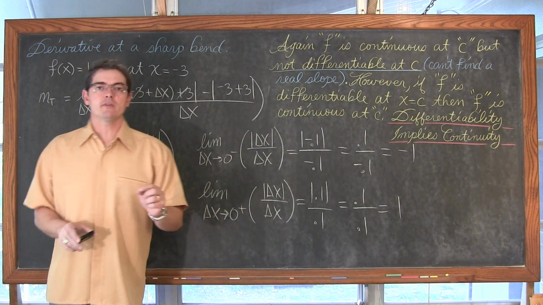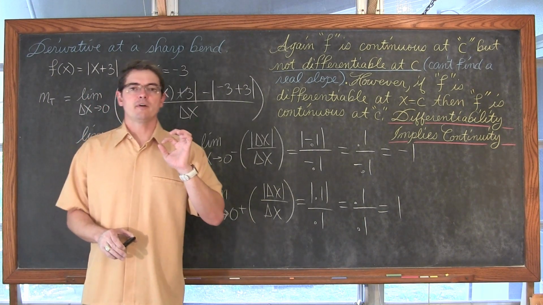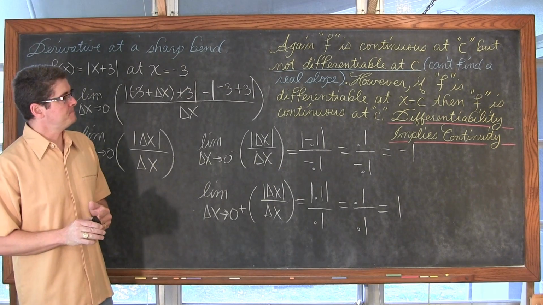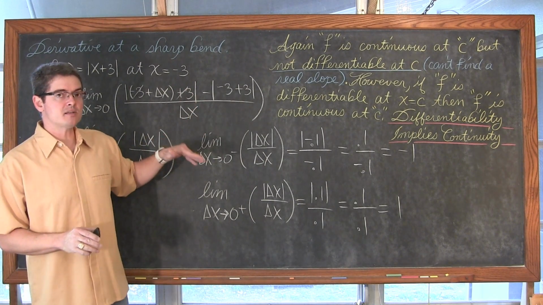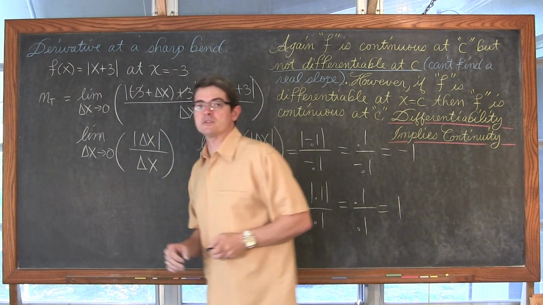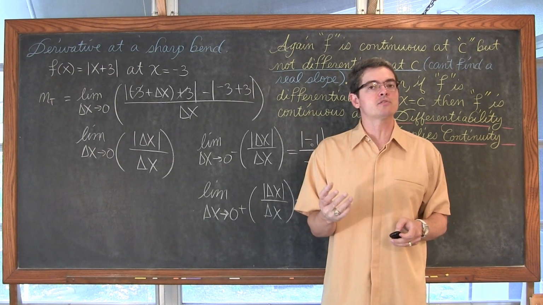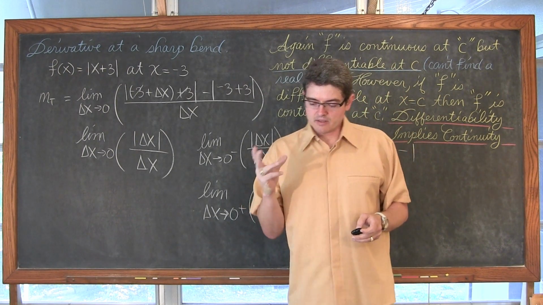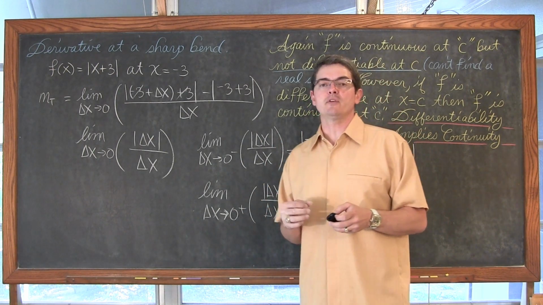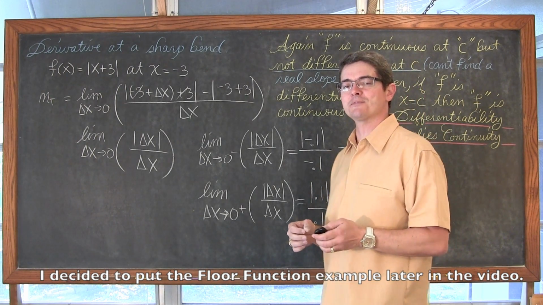So if you can find the derivative of a function, if you can find the real slope of the tangent line at a point, the function is continuous at that point. But we've seen that just because it's continuous doesn't mean that we can find the derivative or the slope of the tangent line at that point. I got one more example. This one is going to be a floor function, or the greatest integer function, just to finish up our last special case before we get into the proper definition of derivative and finding derivative functions, as opposed to just slopes at a given point.